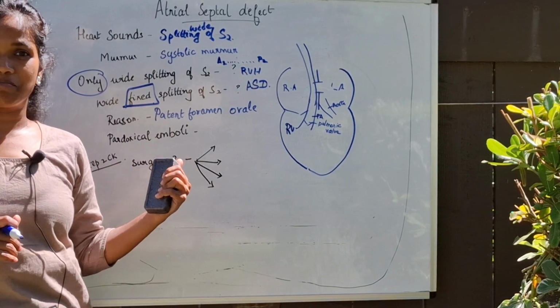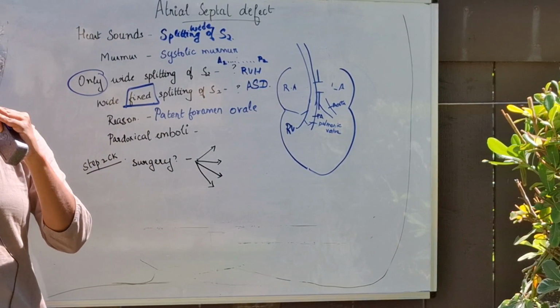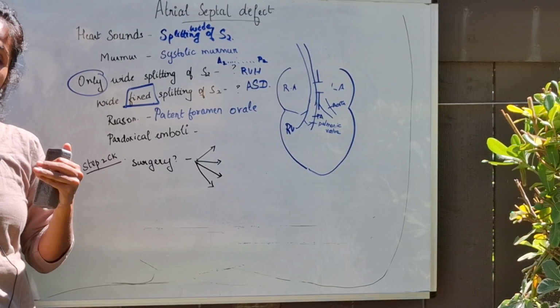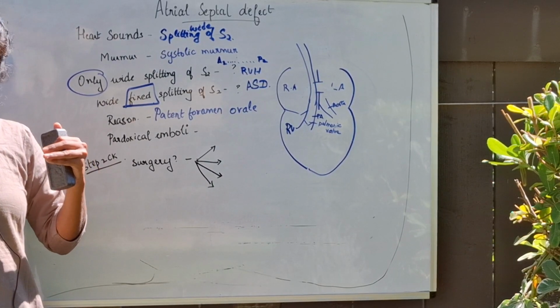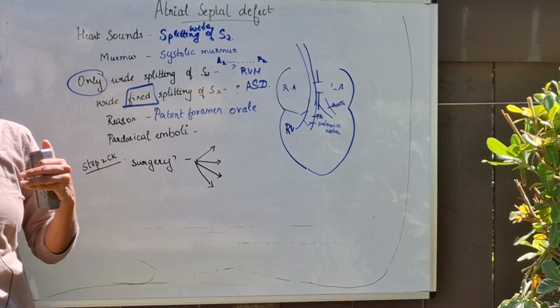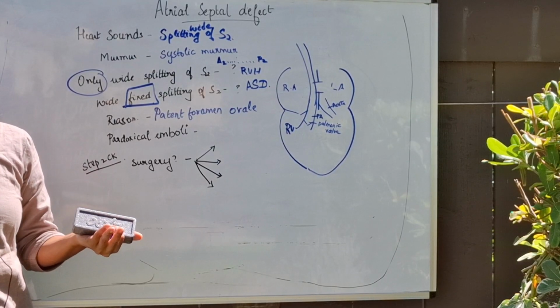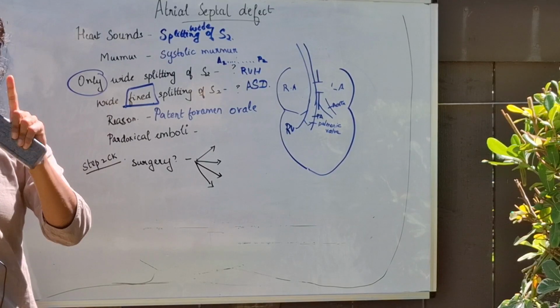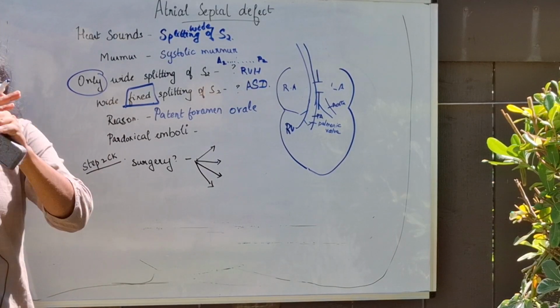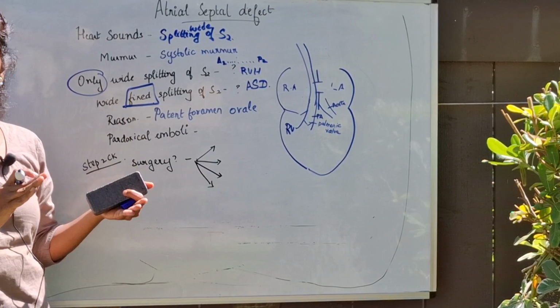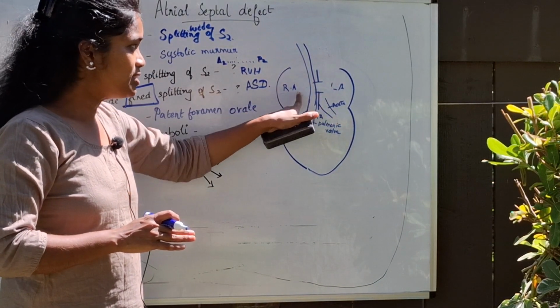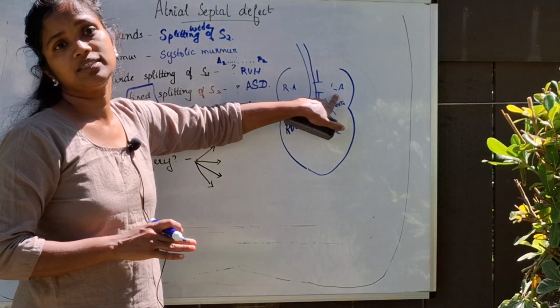Paradoxical emboli is nothing but, see, when there is an atrial septal defect in this patient, and unfortunately they are also having a venous emboli, maybe due to prolonged immobilization or whatever be the reason. The venous emboli is supposed to stay in the venous circulation. There is no place for it to enter into the arterial circulation. But if there is an atrial septal defect, then the venous emboli can enter into the arterial system, I mean the left atrium,